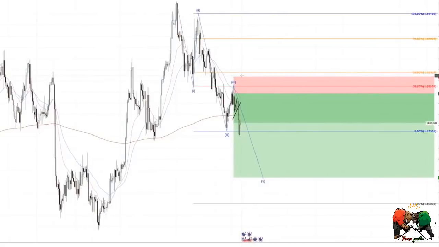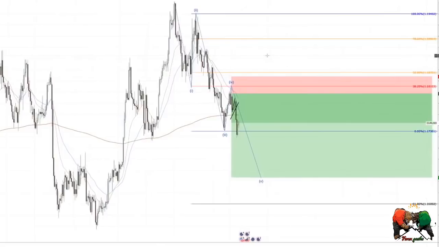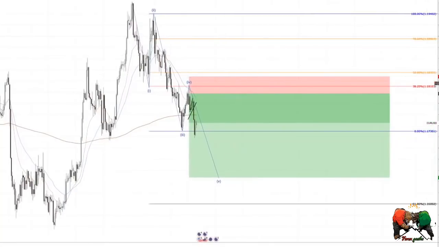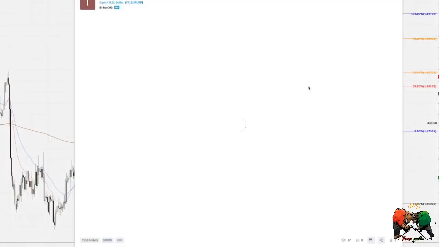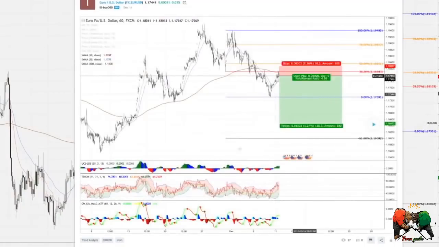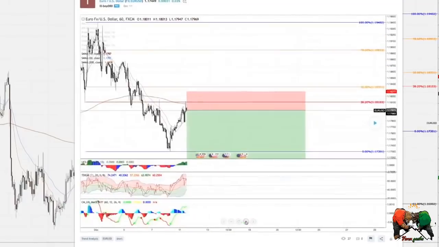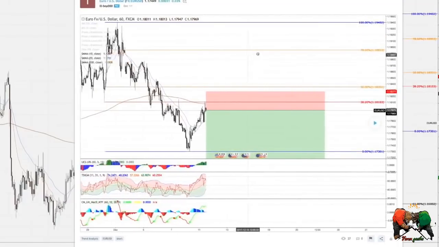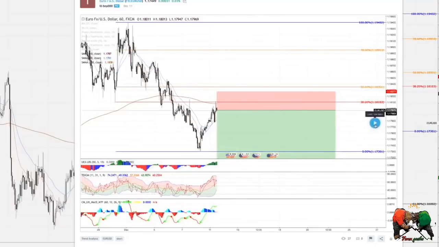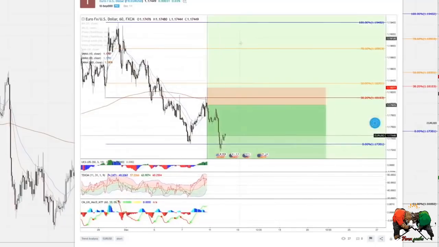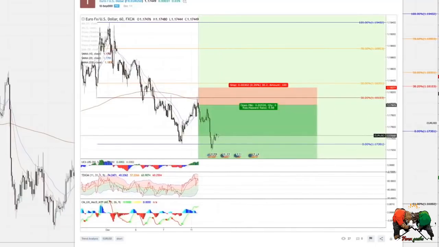So I've just continued to use this strategy. But this is a trade at the moment. I actually posted this trade earlier. I just want to show you guys. So this is when I posted it. This is last night, I'm pretty sure. And then obviously now this is where we're currently at. So we're just down here. So we're only 52 pips in profit, but we've brought the stop loss to break even. So essentially now if the market reverses, we ain't going to lose any money. So we're completely protected with regard